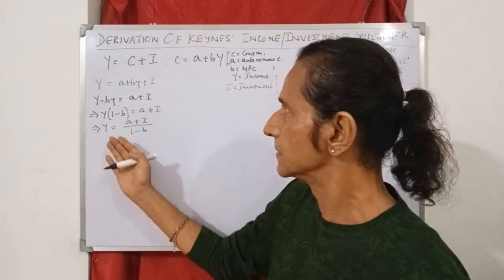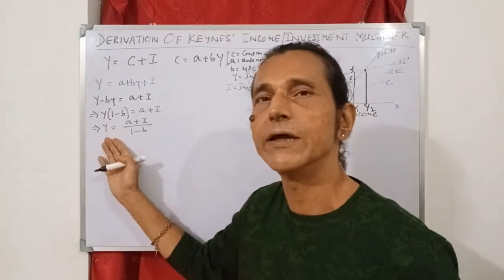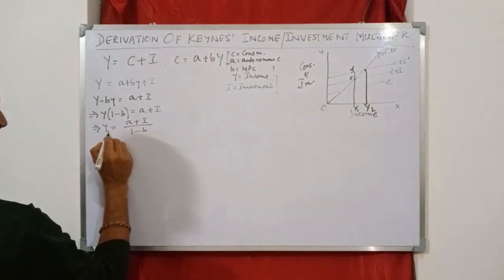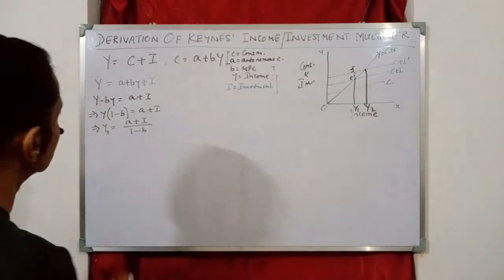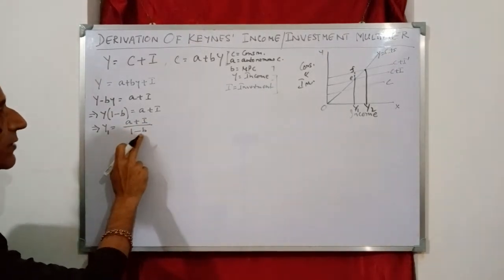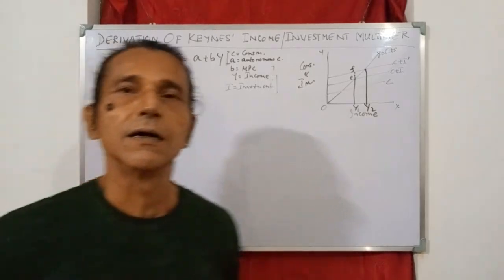Say this is the scenario in year 1. So we write here Y1. So Y1 in year 1, income is A plus investment divided by 1 minus B, where B is the MPC,